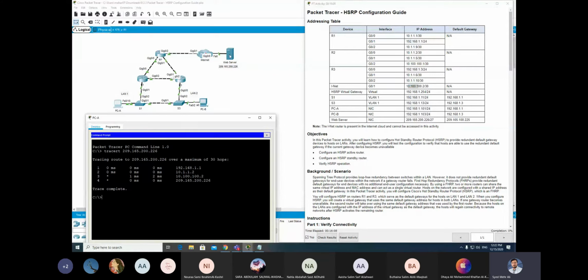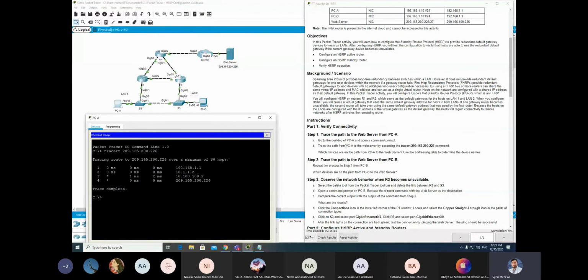So it moved from router 1. The question being asked here is to trace the path from PCA to web server. This is the command we write. Which devices are on the path from PCA to web server? Use the addressing table to determine the device name. So it takes router 1, then router 2, and then INET, the internet, then it goes to the web server.